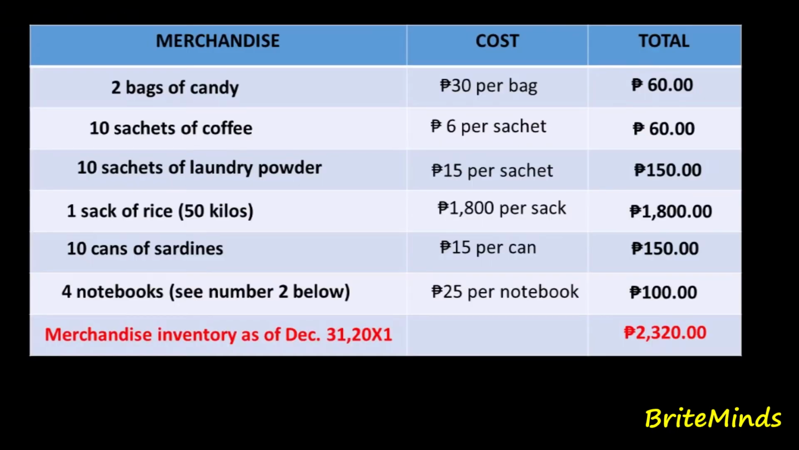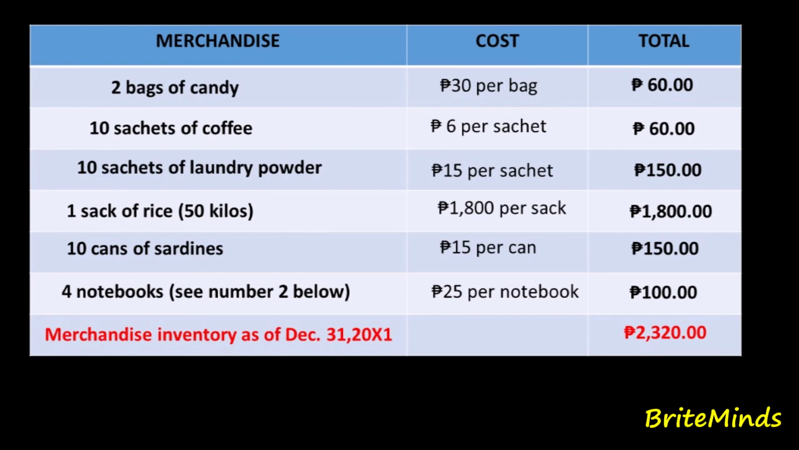Okay, so this is our answer. The 2 bags of candy, which cost 30 pesos per bag, is 60 pesos. And then the 10 sachets of coffee, which cost 6 pesos per sachet, so the total is 60 pesos. And then the 10 sachets of laundry powder, which cost 15 pesos per sachet. The total is